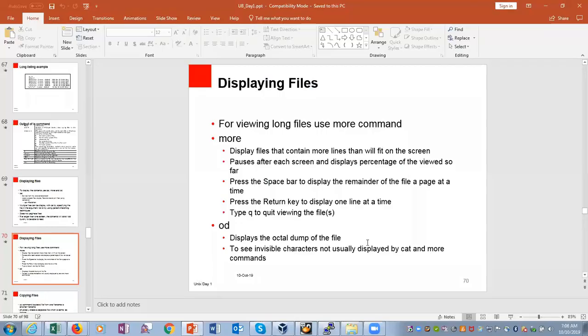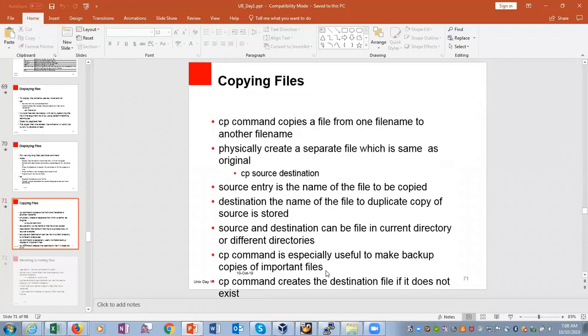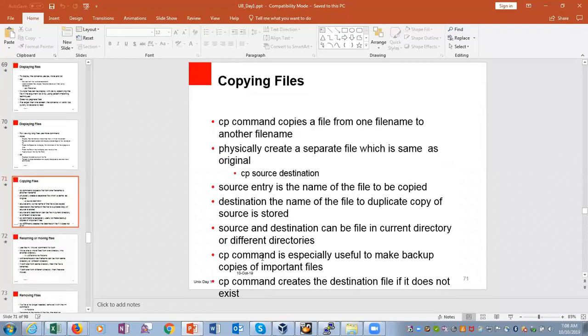od displays an octal dump of the file, not much use. Copying files is cp. The cp command copies a file from one file name to another file name. It physically creates a separate file which is the same as the original file. So cp source destination.